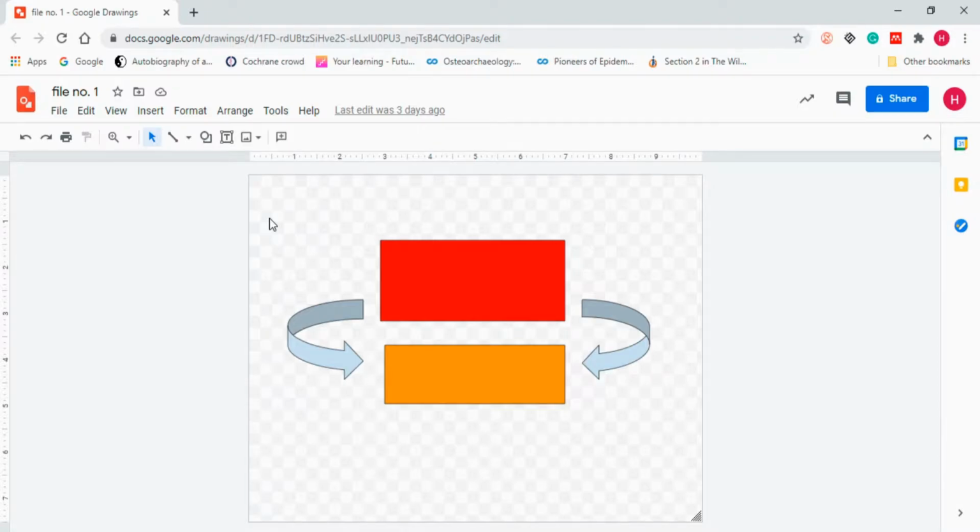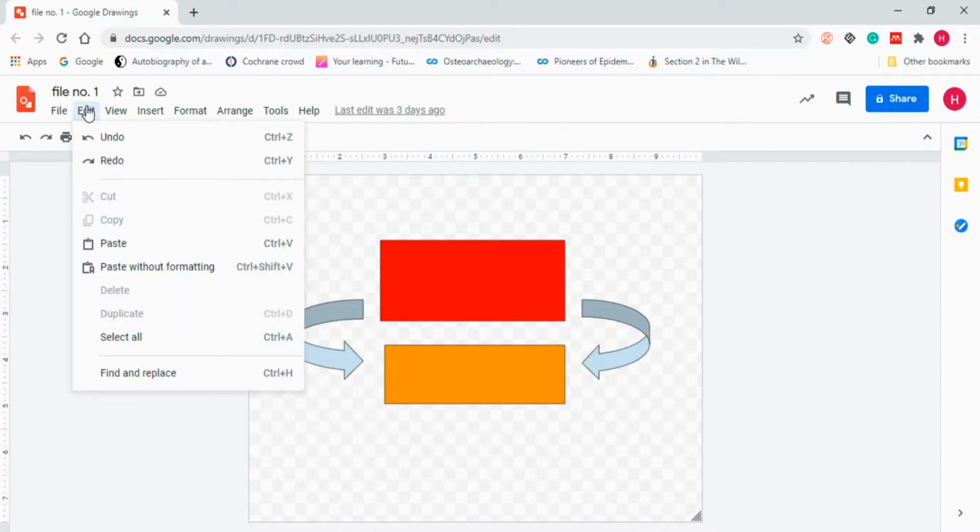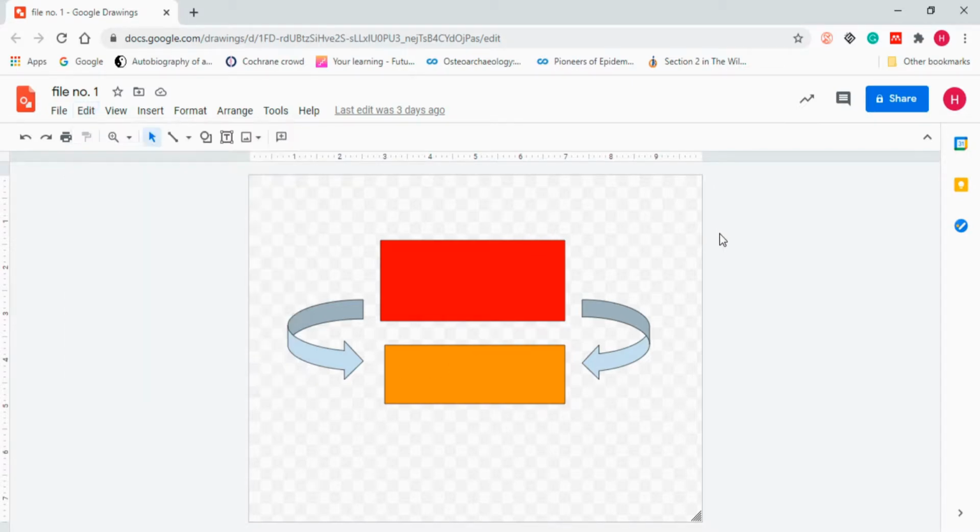Now we are in Google Drawing. In an earlier video, I talked about the File section in detail. If you haven't watched that, kindly watch that. You will learn a lot. Now we will talk about the Edit section. When you click on the Edit section, you will see all those points which I told you in the objectives that we will cover today. Now, before going into all these things, let me make changes to our earlier drawing so that we can undo or redo.